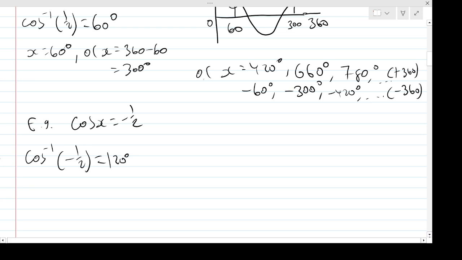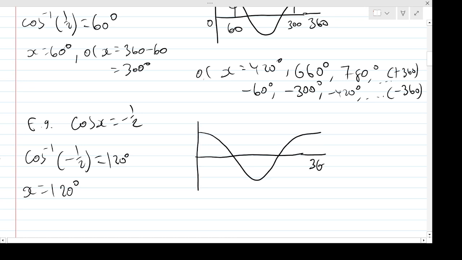Right, okay, so you get that from the calculator then. So the first solution could be 120. To find the other solution, let's consider the cos graph, again between 0 and 360. So the first solution is 120. That's going to be there somewhere, right? Now again,